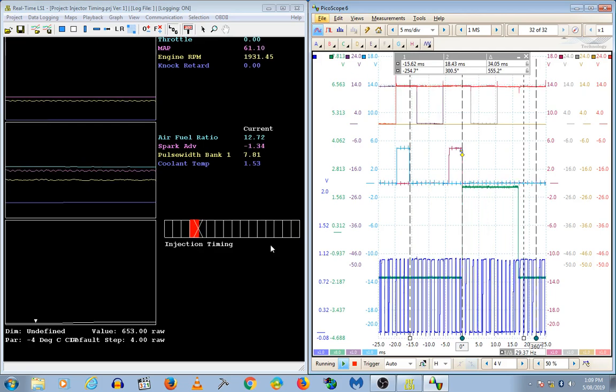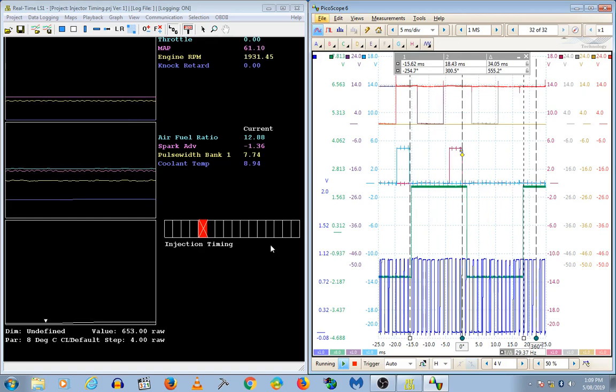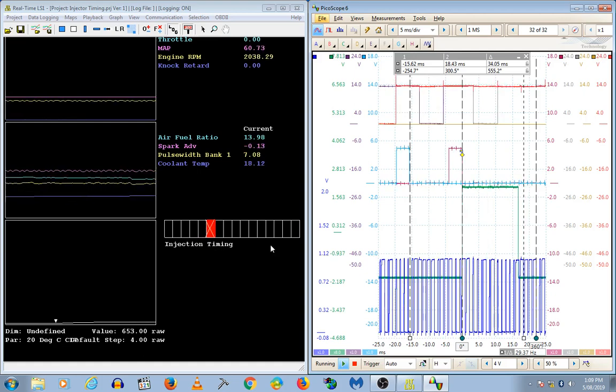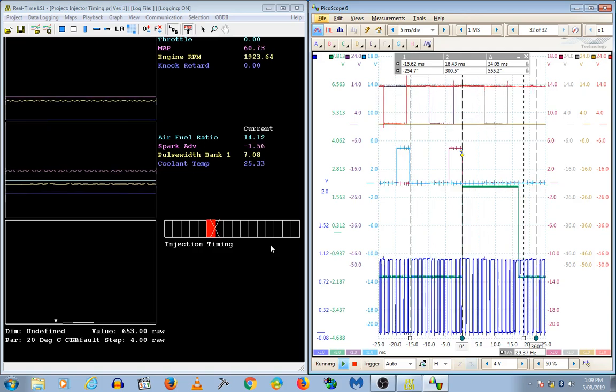Okay, starting to move it now, very slowly. You can see the cross with the red square starting to move over. Injection pulse hasn't started to move yet. Still hasn't begun to move. Okay, we're coming across, still going across. We're up to 23 degrees. Now there's a bit of a movement there. It's actually moved a tiny bit. So I'll just keep going,